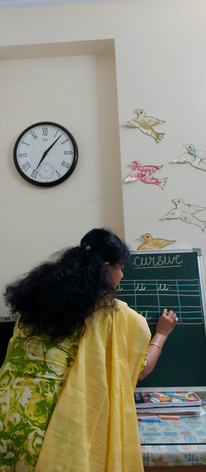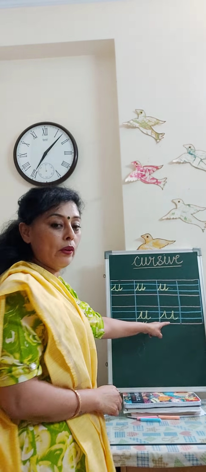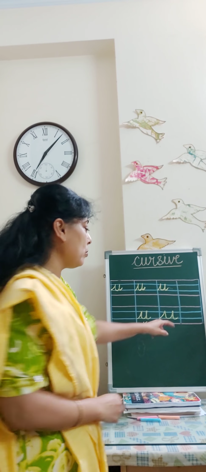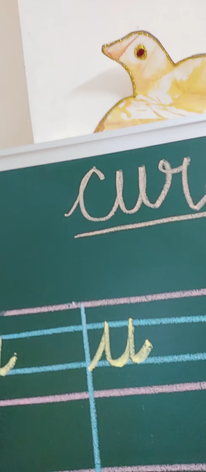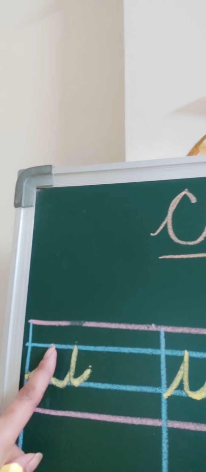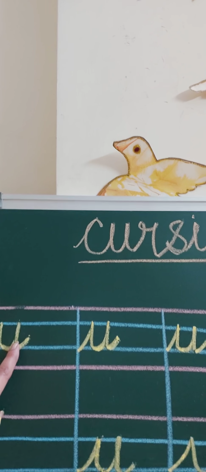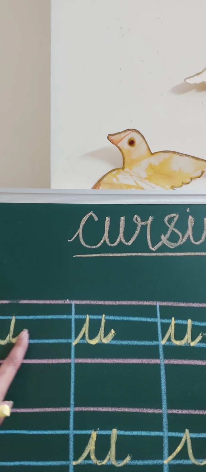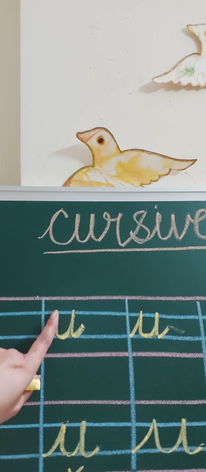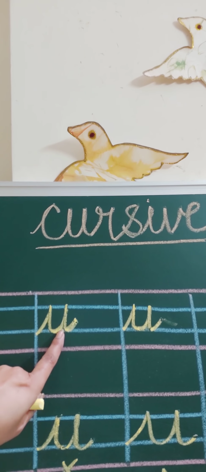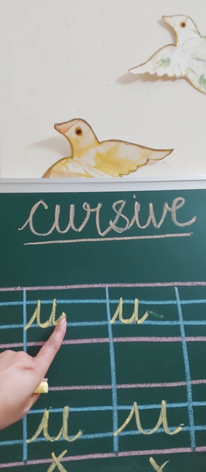And this is not the way of writing. I know some of you are going to write this way, but you are not going to write like this. This is the wrong pattern. So you can see once very closely how I have written the formation of U. Starting from the corner, up, down, turn, up, down, tick. Starting from the corner, up, down, turn, up, down, tick.